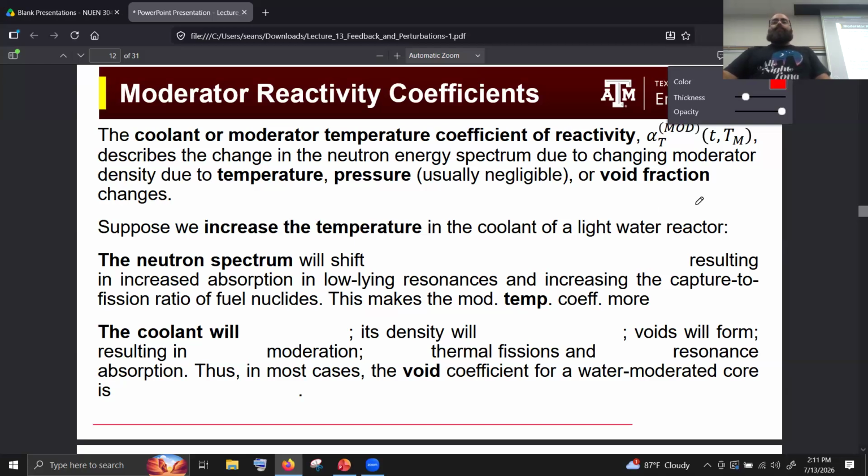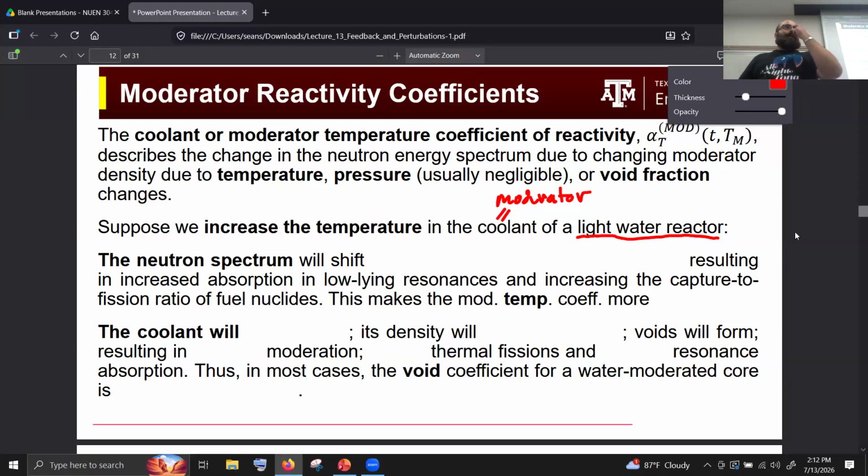But in general, to explain this, we want to imagine that we're increasing the temperature of our coolant in our light water reactor. Here I'm saying coolant, but if it's a light water reactor, the coolant is the moderator. So the coolant is basically the same thing as the moderator, and you can interchange them when we're talking about a light water reactor. So if I increase the temperature of my moderator,